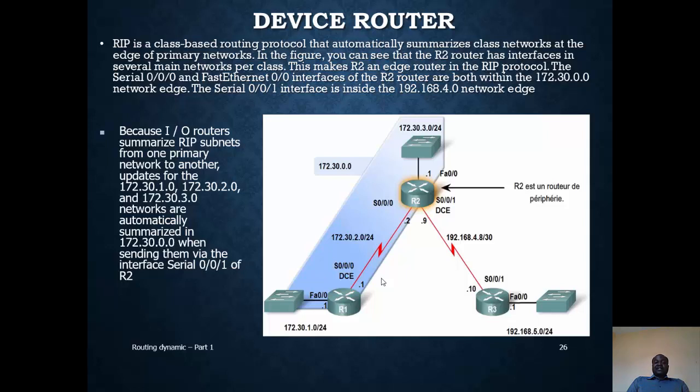The serial 0/0/1 interface is inside the 192.168.4.0 network edge, because the interface router summarizes IP subnets from the primary network to another update for the 172.13.1.0 and 172.13.3.0 networks, automatically summarized in 0/0. So the network part will remain 172.13 when sending them via the interface serial 0/0/1 of router 2. The example will be seen in this picture, as you are seeing here, what we are talking about, those peripheral